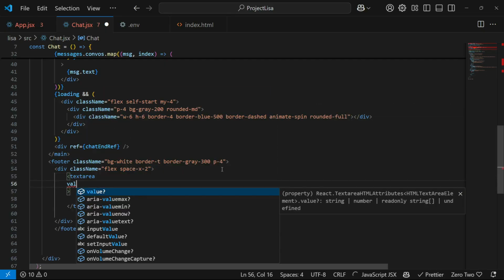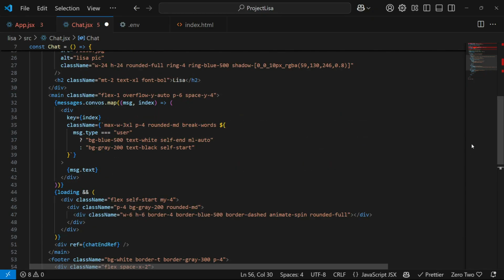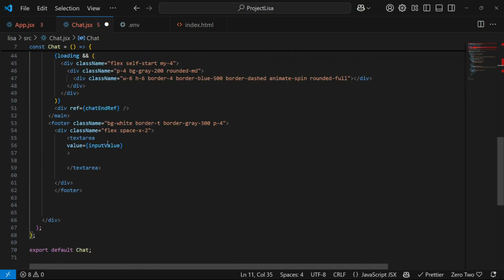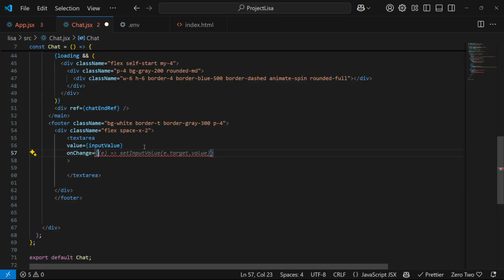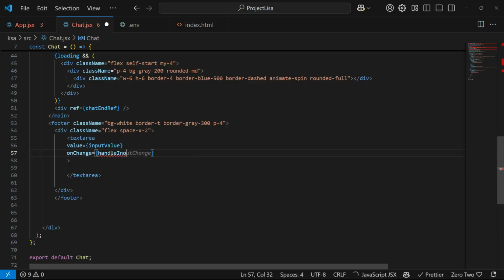attributes. The value will be our input value, the input value which we have declared here. So the value attribute will have that state, and on change we are going to make a function for handling the on change event. So let's name it handle input change. We are going to create this function